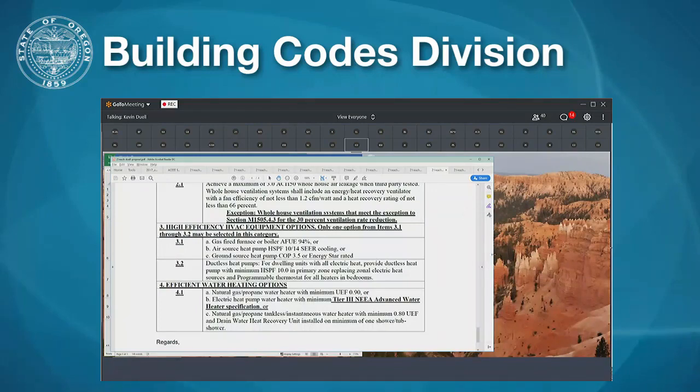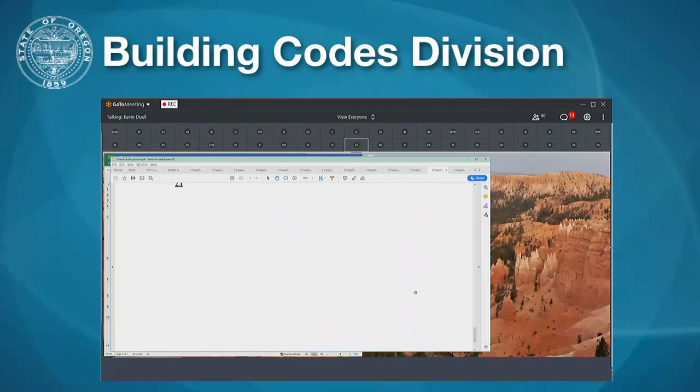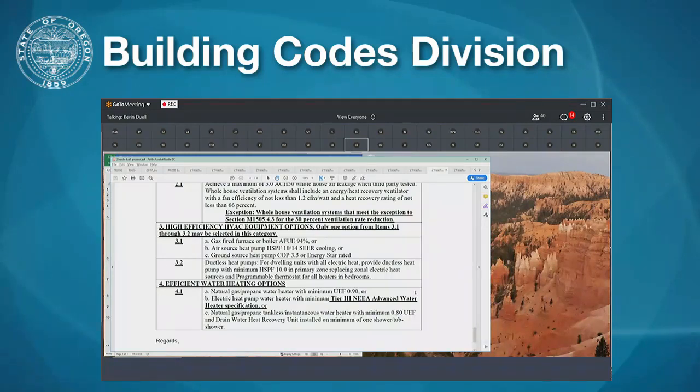We did add a couple of things. We changed the electric heat pump water heater to a tier 3, because basically that's what everyone's using anyway. And we did pull back in that whole house ventilation flow rate reduction that was in the original BCD proposal, just to align this with that ASHRAE exception. I believe that's an ASHRAE exception. We came up with this independently from the Zero and the NEA proposals, but I was taken aback at how similar they actually were. So it's not that complex. It's very simple.